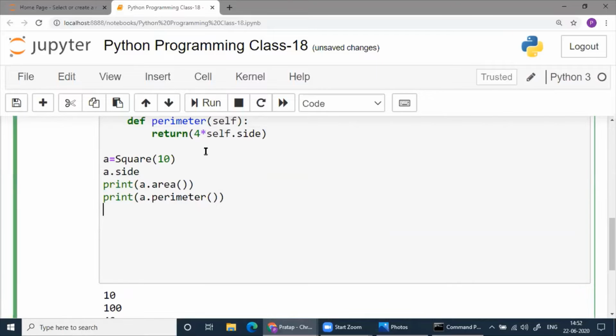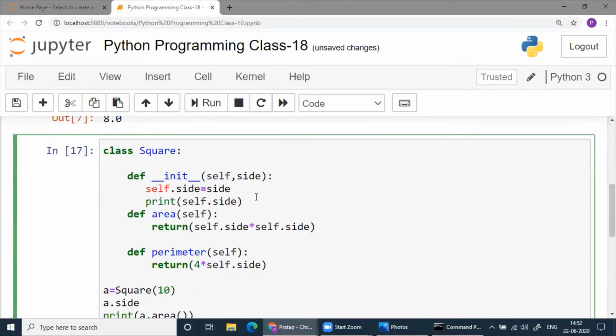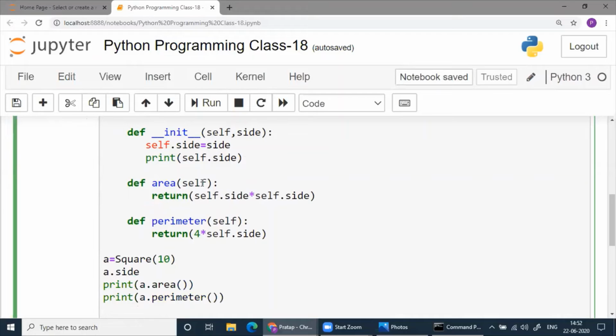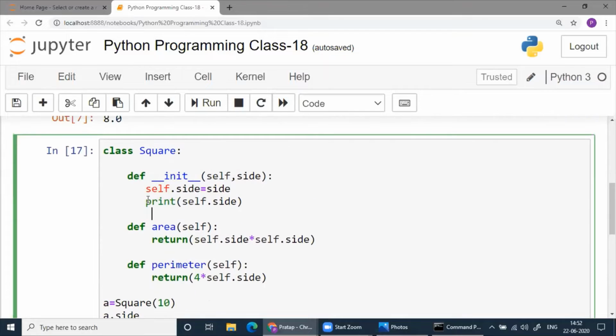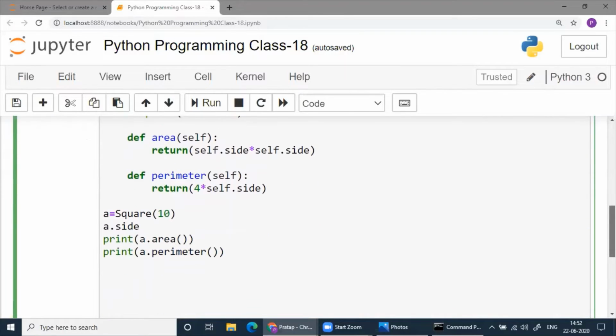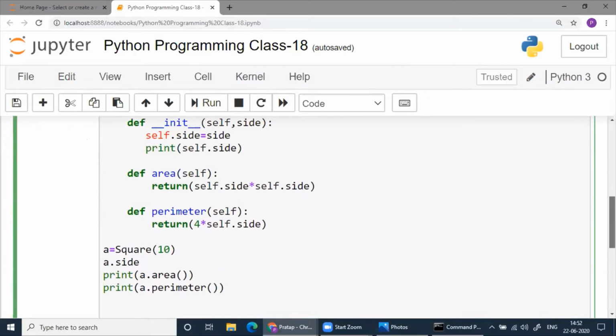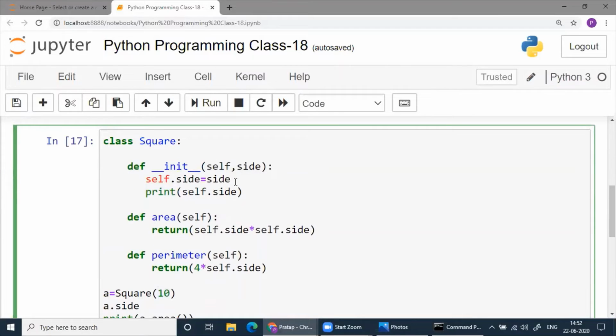So this is automatic initialization. Remember, you can't return anything from init, but you can print it. So this is self.side, that is 10. Now, it's not that once we sent 10, this is final. This can be changed. If you want, you can change it here.